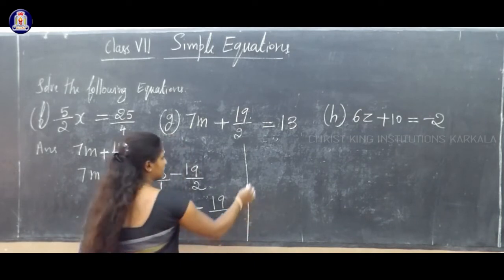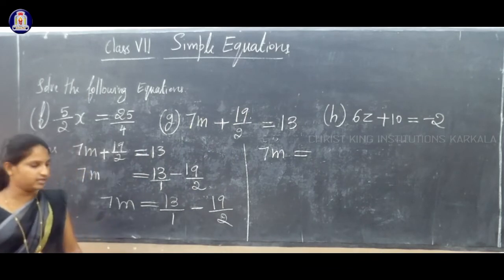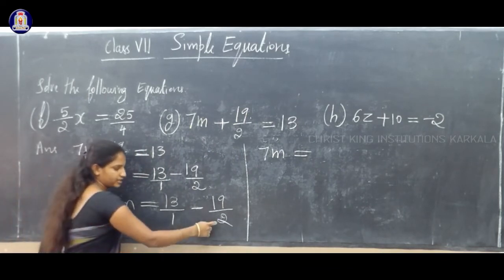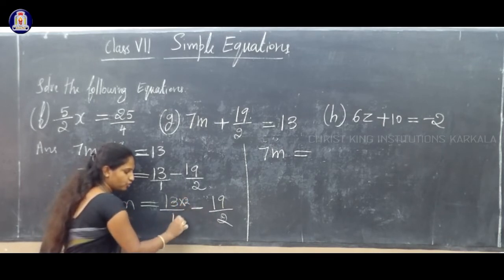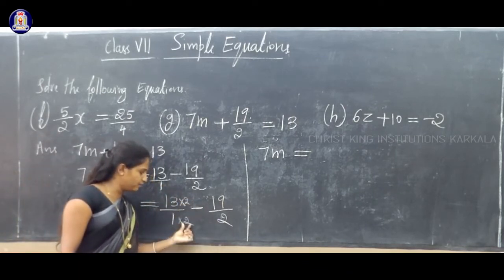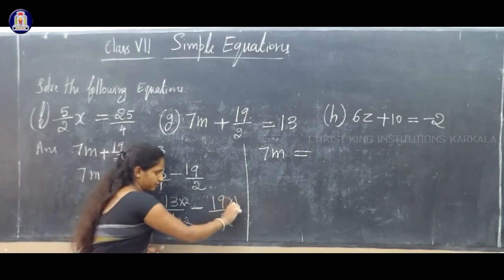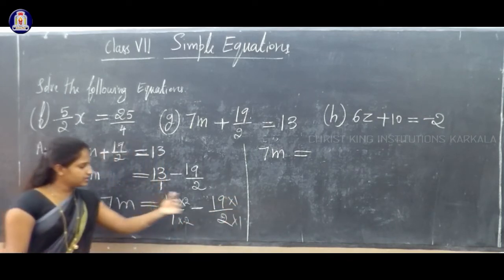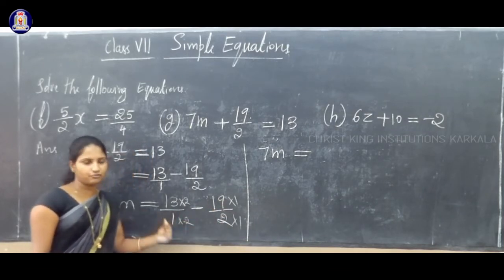See, on the left hand side it is 7m. So 7m is equal to, and we have to make the same denominator, right? Maybe you can take the LCM, or you can do like this: here too we have to multiply both numerator and denominator. Clear? These two we have to multiply both numerator and denominator, and this 1 is there, now here you must multiply 1 into 1. Clear? This denominator multiply here and this denominator multiply here.